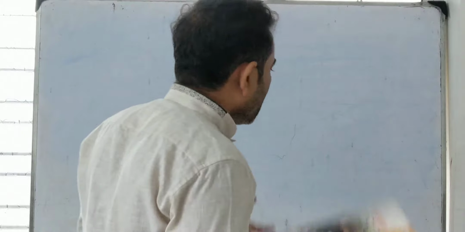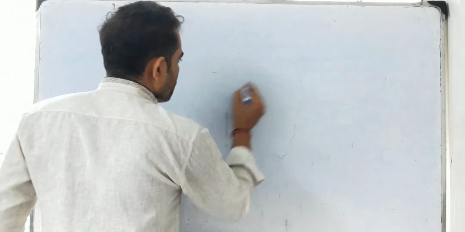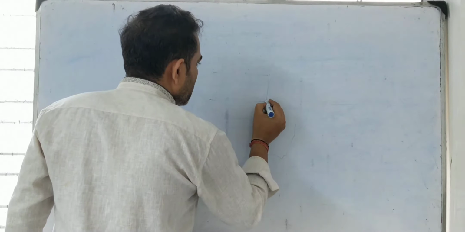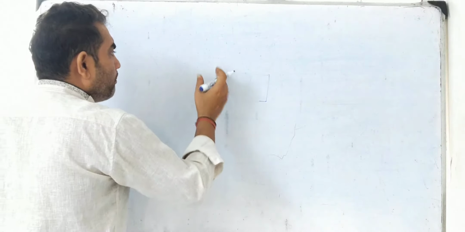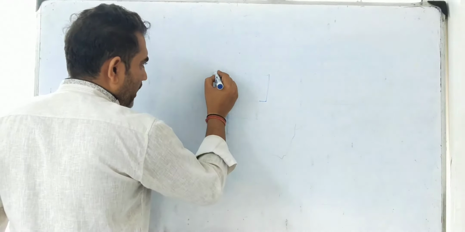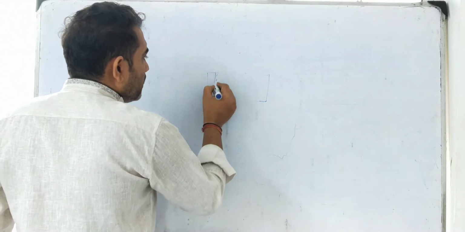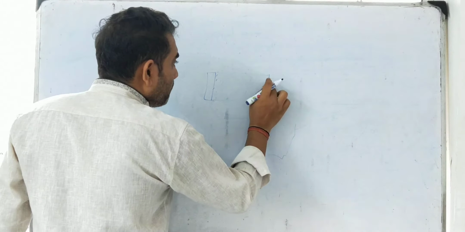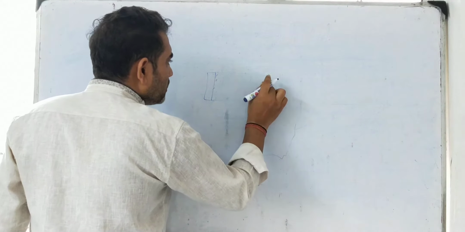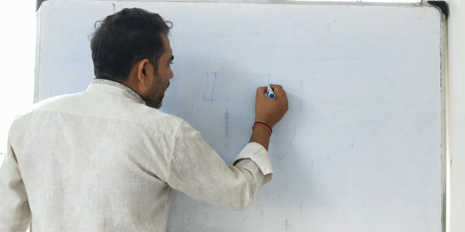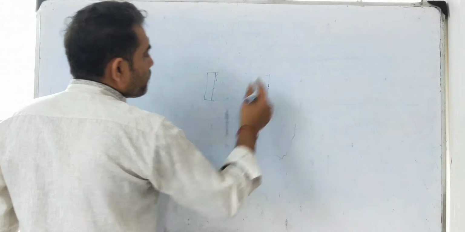So what is a pinhole camera? First of all, a pinhole camera is simply a device. What kind of device? You take a box. In the box, at the back position, we take a screen, and in front of it we make a small hole using a pin. Using this we take the photo of a stationary object.